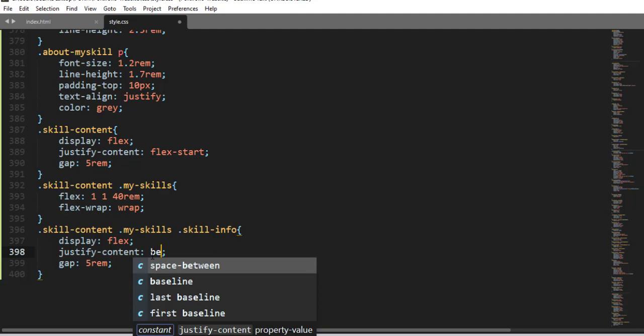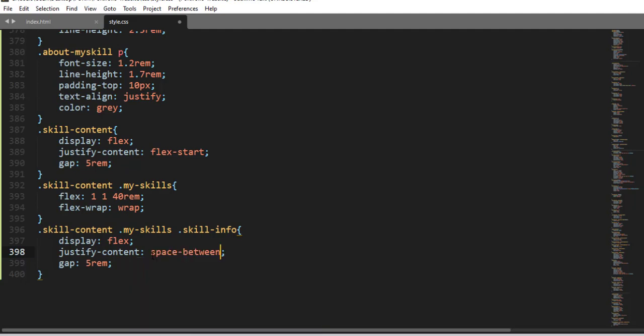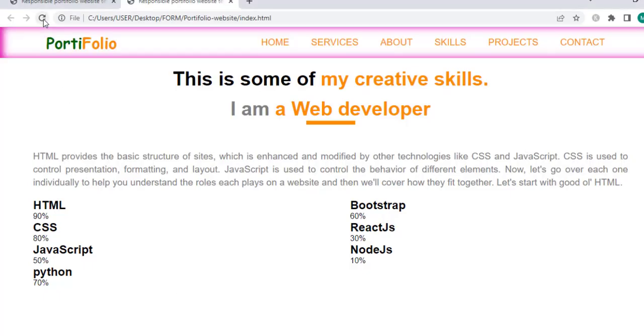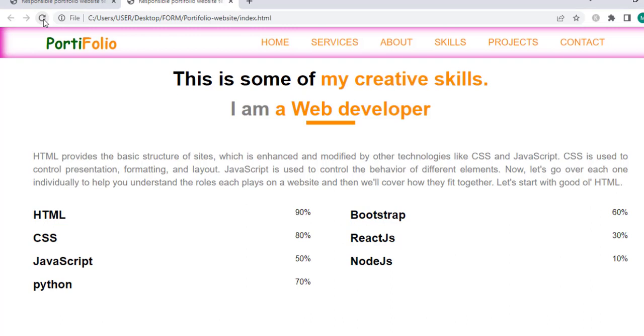And justify content space between, and this gap, padding top 20 pixel. So when I save and refresh, here we have. That's nice,